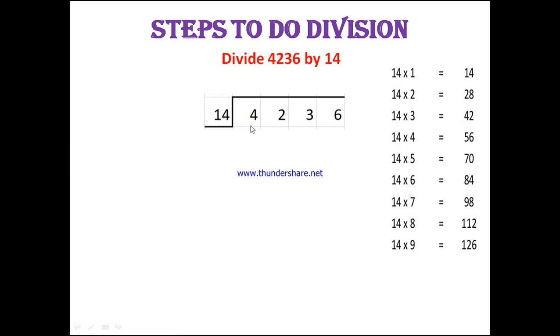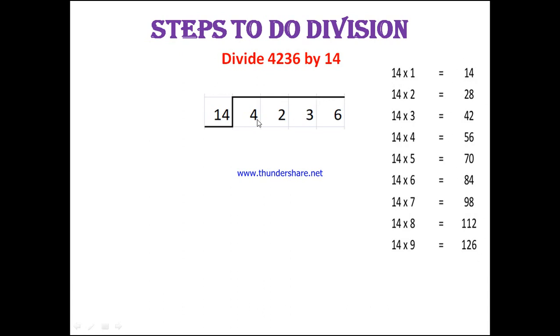The first step, writing the dividend: you have to write it by giving proper space between each digit. Now take the first digit 4. What is the first digit? 4. Check in the product column. This is a table, children. This 1, 2, 3, 4, 5 and so on is called times. How many times? And this column is called the product column, because in multiplication the answer is called the product.